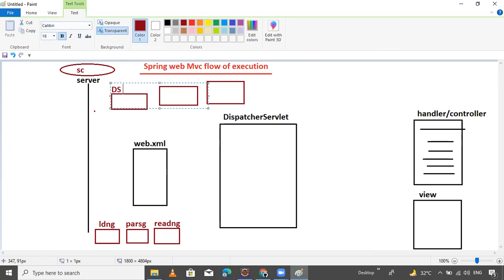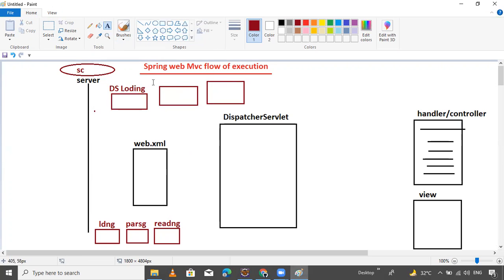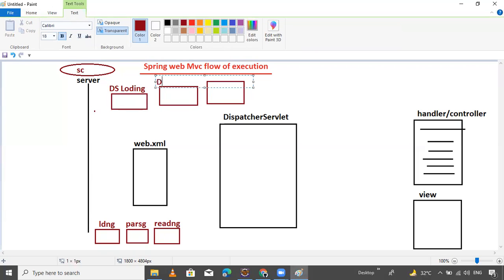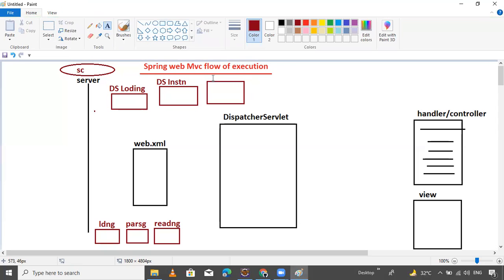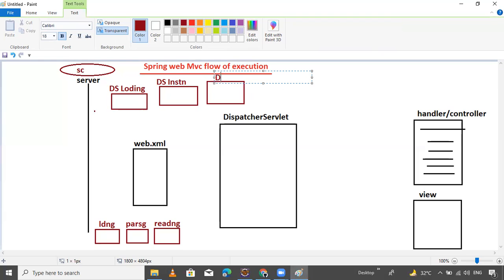DS loading, DS instantiation, shortcut, and DS initialization. That's it.